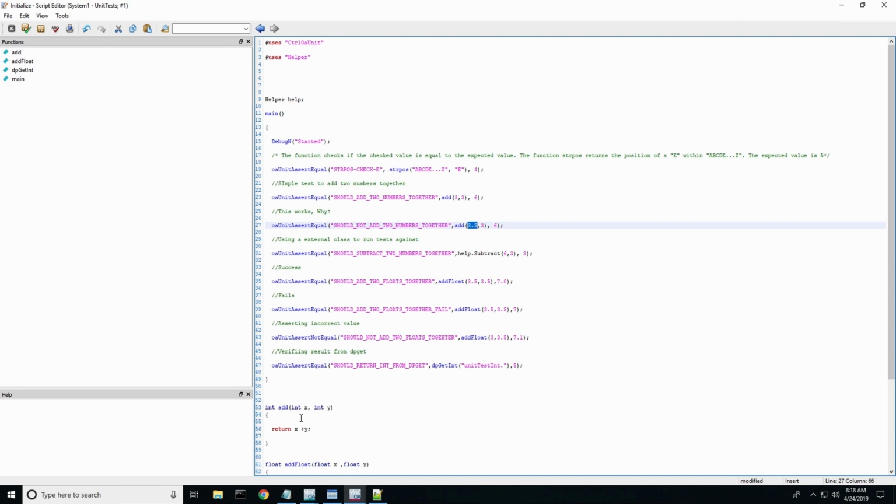So this next function is using the external class that we created. So I'm basically saying help.subtract 6 and 3. So inside of the help class that we created earlier, we have the subtract function. It takes 6 minus 3, and we're asserting that 6 minus 3 will equal 3,